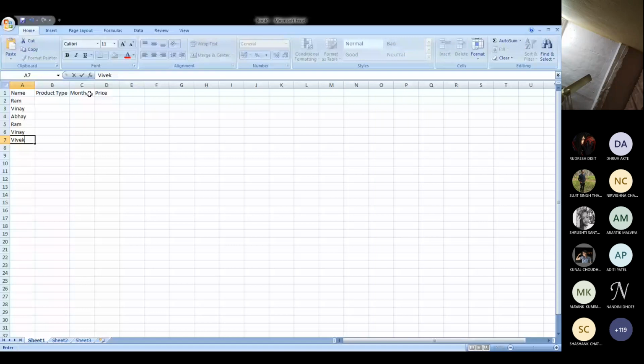So I entered 5 data rows, and then I entered certain kinds of products.